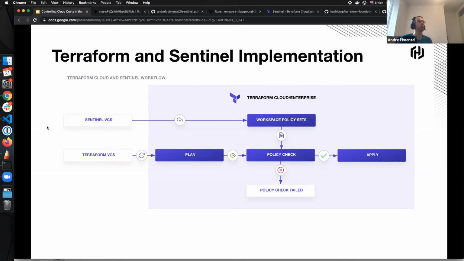You see here there are two lines of development in the process. The developers can focus on developing Terraform code, but admins, InfoSec, or any other teams can focus on developing Sentinel code in a different VCS. Having another repo for Sentinel is another layer of governance, so specific teams and people can manage that VCS and manage the changes, right?